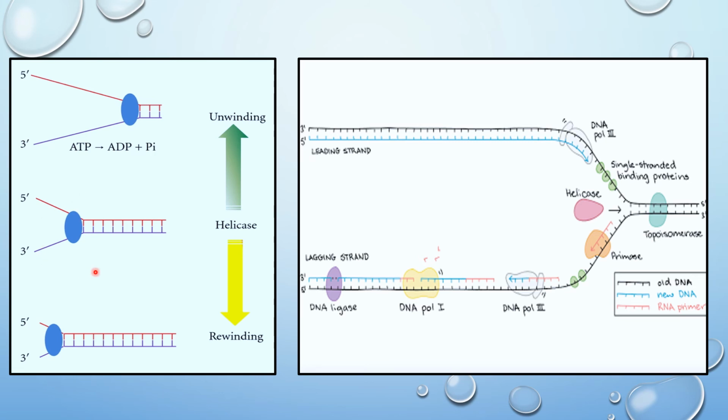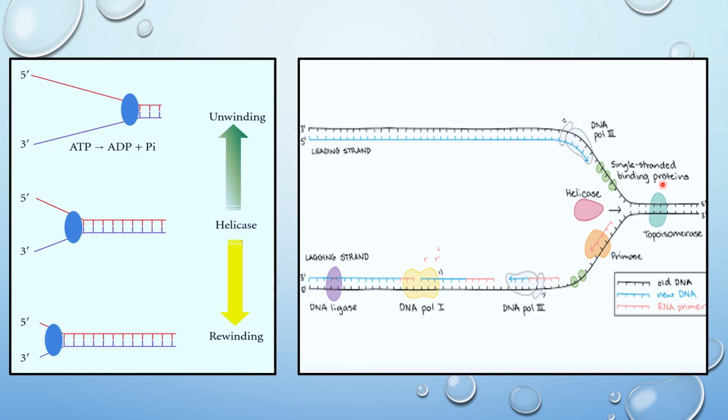Here you can see the helicase enzyme. During replication it moves forward, and during its movement it will break the hydrogen bonds which exist between the two polynucleotide chains. Helicase utilizes ATP for this purpose; this is an ATP dependent reaction. In this way helicase helps in the separation of the two parental strands, and then both parental strands will act as a template for the synthesis of two daughter strands.